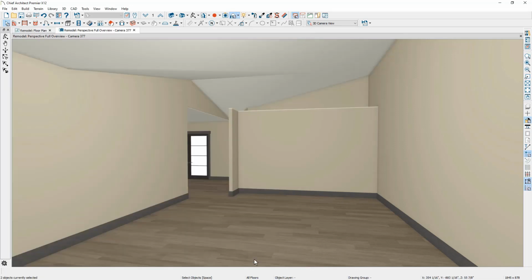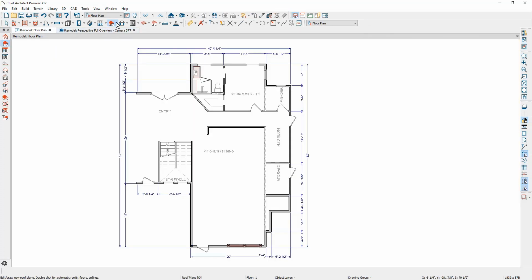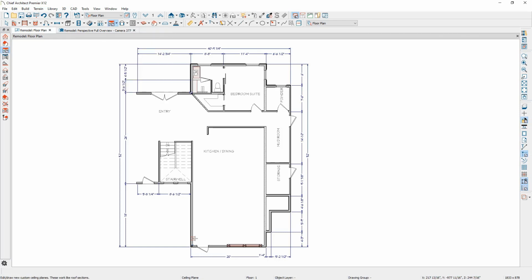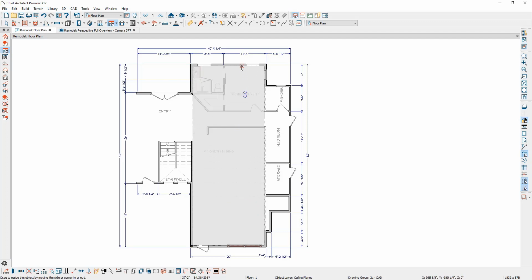Now for that custom ceiling, let's do that in our floor plan view. You're going to find one of the tools that we have available is a custom ceiling plane. Using this tool, I'm going to come on the inside of the wall, just click and drag up, come over to the other side. Once I snap to the wall, I'll then pull it across the entire part of the structure.